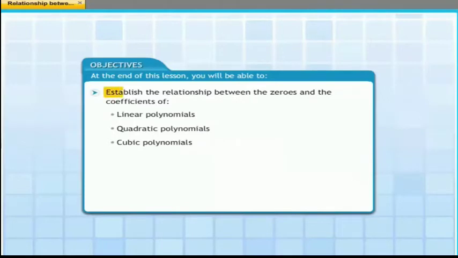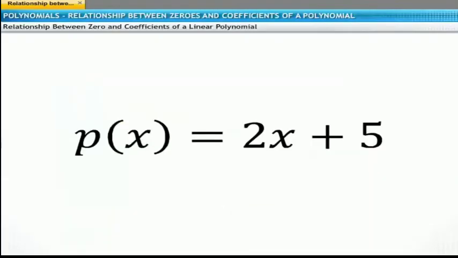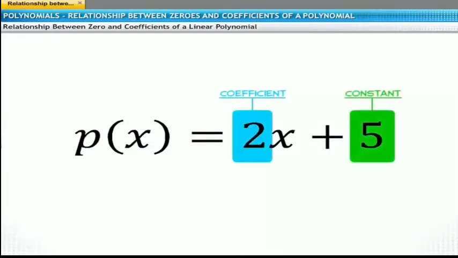The shape of the parabola for the quadratic polynomial ax square plus bx plus c, where a does not equal 0, depends on a. Those are the two conditions: if a is greater than 0, then the graph is a parabola that opens upwards, and if a is less than 0, then the graph is a parabola that opens downwards. So these are the two conditions in the case of a quadratic equation. So these are the key points.